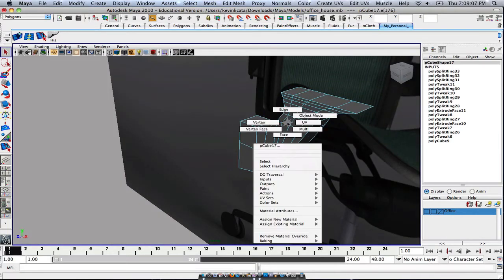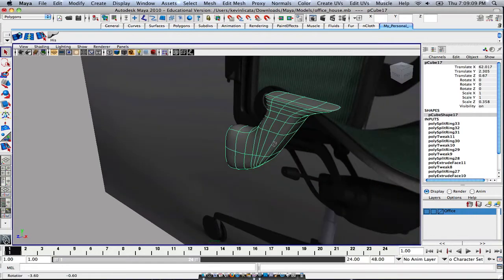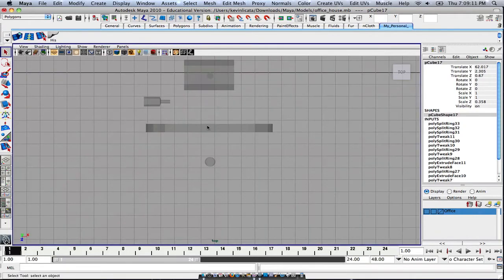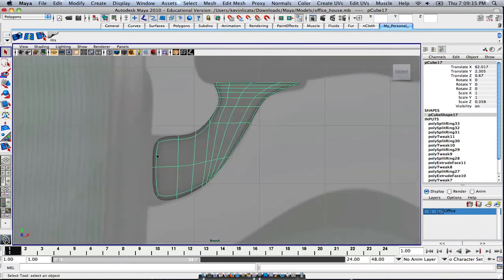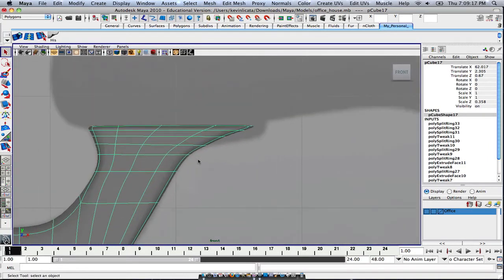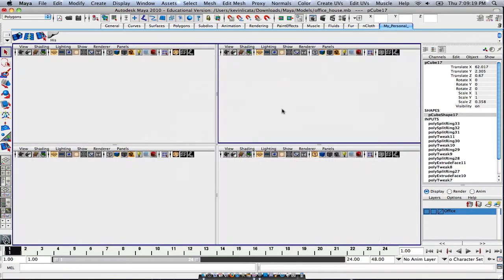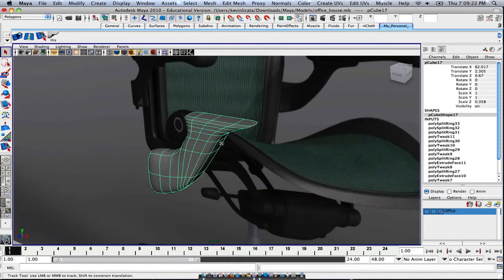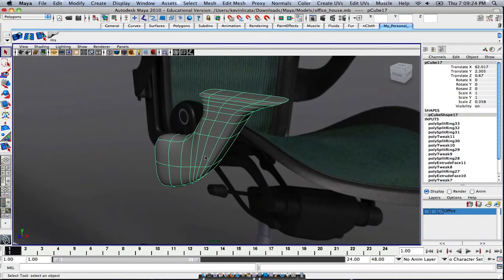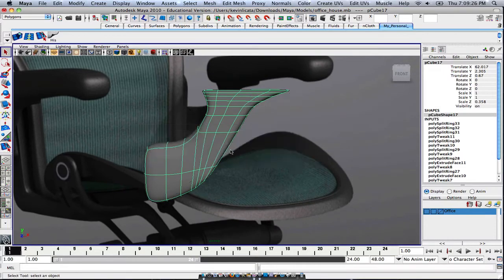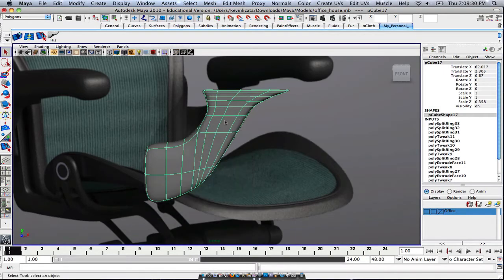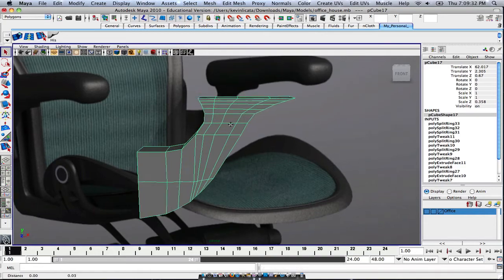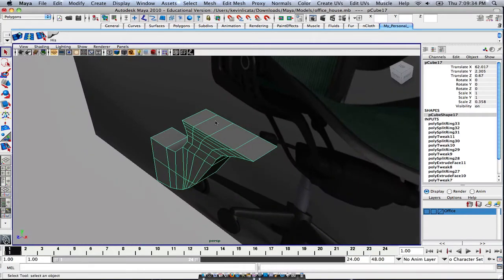So let's go back to object mode. So we got our basic geometry down. So that's something we can start off with. Probably improve this part a little bit more, but that's okay. So anyway, hold on, let me just focus on that. Alright, so now we are going to select, let's see, put that back into solid mode, and then